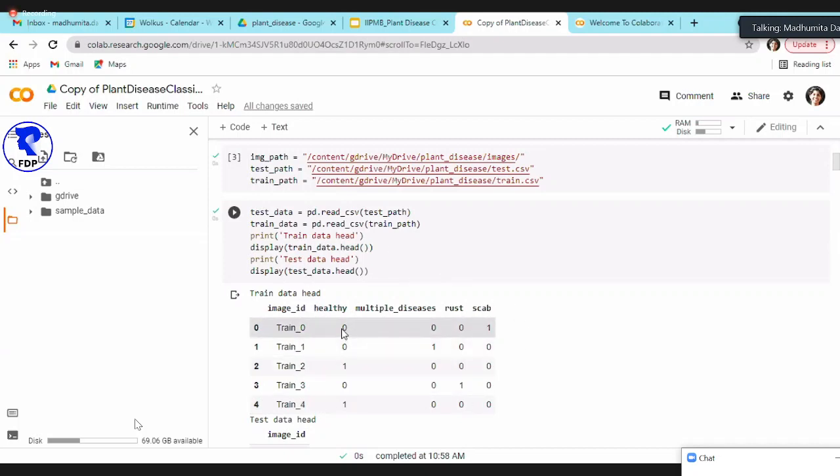This is my y value, and it will be an array. It will say that this image ID actually belongs to class scat, because there is a 1 here. And in our output, we want the algorithm to learn that for this image, the y value will be close to 0 here, close to 0 here, close to 0 here, and close to 1 here. It might not be exactly 0, because, as I said, it's an optimization thing. It generalizes, but it should be close to 0. That's what the algorithm will learn.